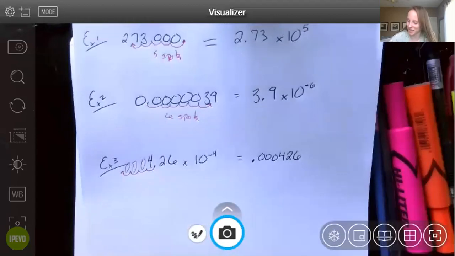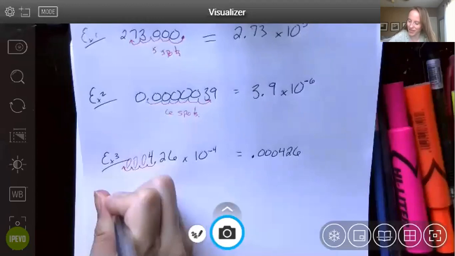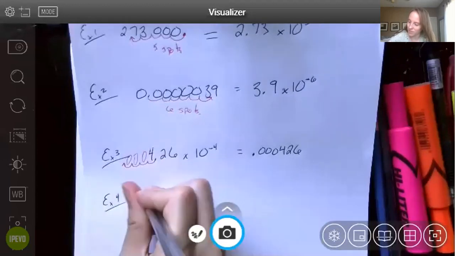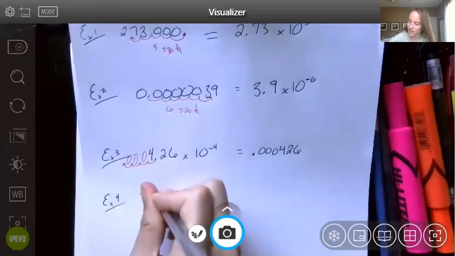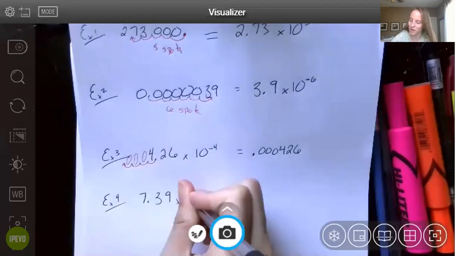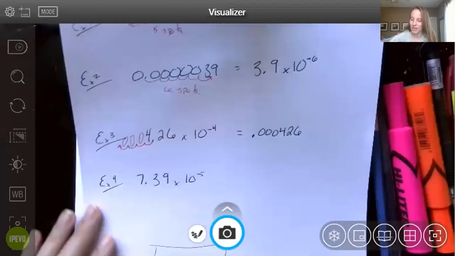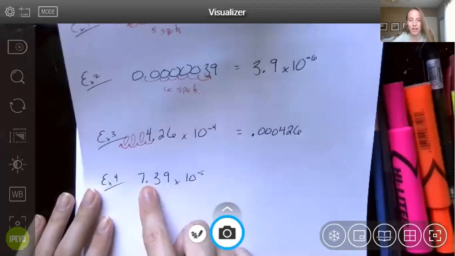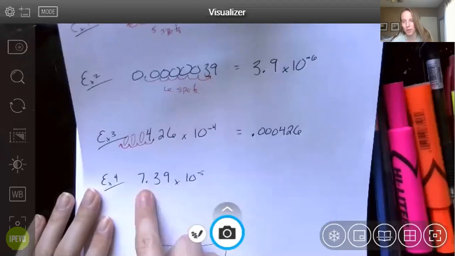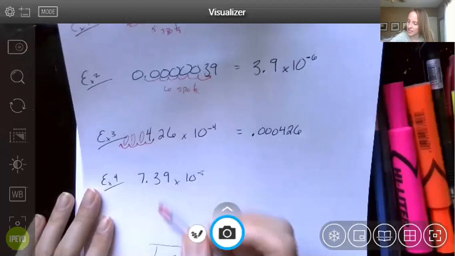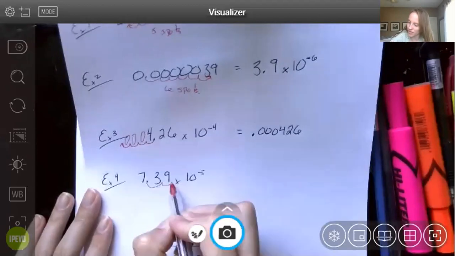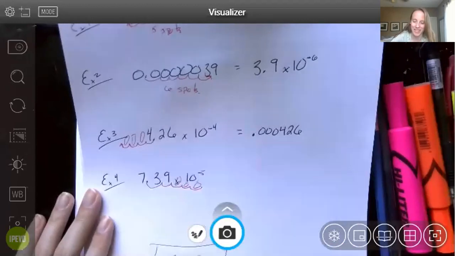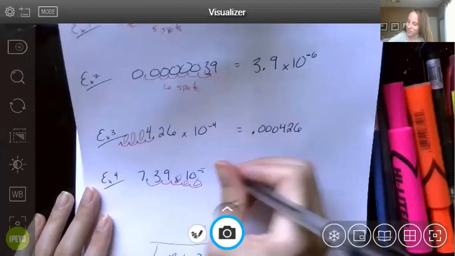And I know I said that was a lost example, but let's do one where we're moving the decimal the other way. So 7.39 times 10 to the power of 5. The 5 tells me I need to move this decimal 5 spots. Because it's positive, I'm moving towards the right, which is where positives would be on a number line. So I'll move 1, 2, 3, 4, 5. Each of those gets filled with a 0. My final answer would be